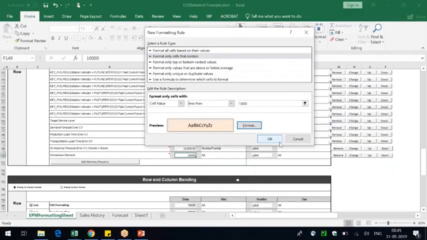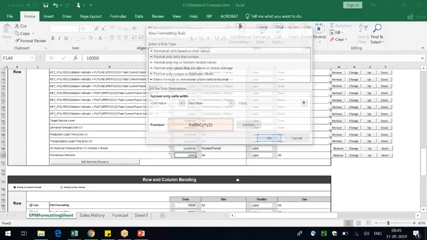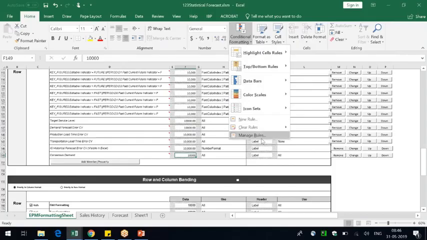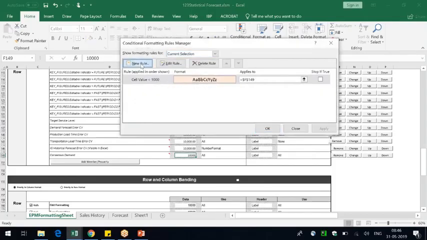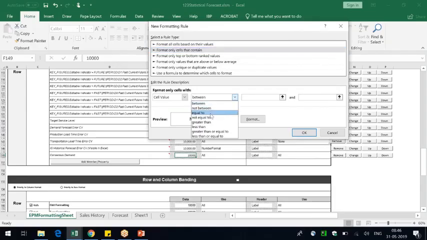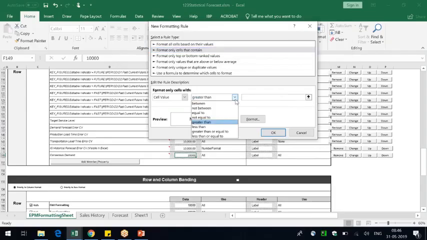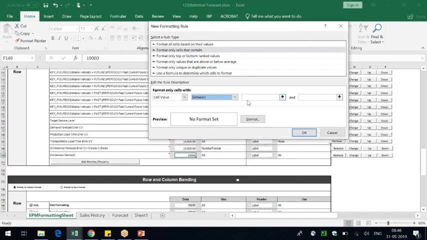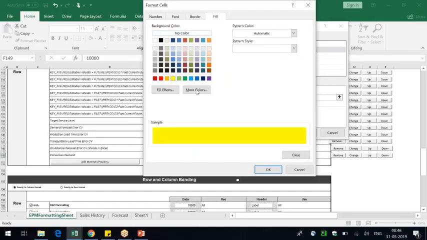That's it. Okay. Go to conditional formatting, manage rules, new rule. It is between 1000 and 4999, I want this to be in yellow color.